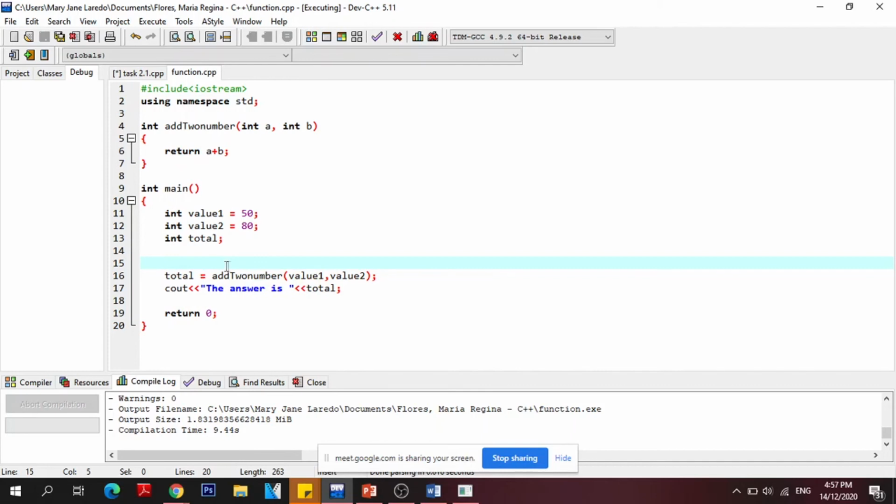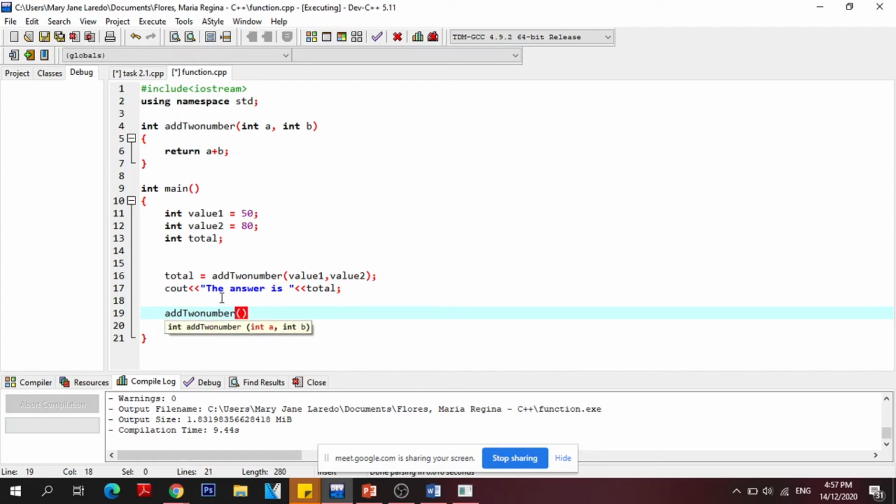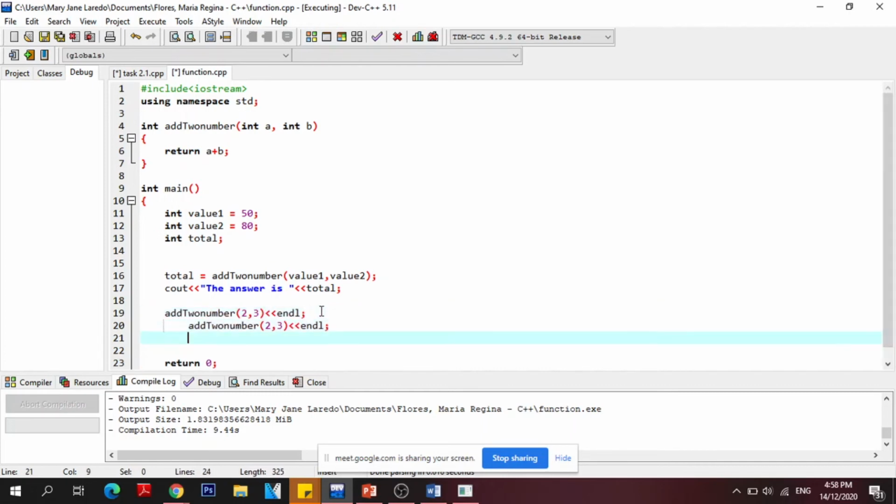So, kapag kailangan mo ng maraming computation, pwede ka na lang maglagay ng add two number, tapos lagay ka ng value. 2 and 3. Tapos ibang value naman to ulit. For example, 5 and 6. O kaya ito ay 7 and 8. No? So, pag nirun natin yan,